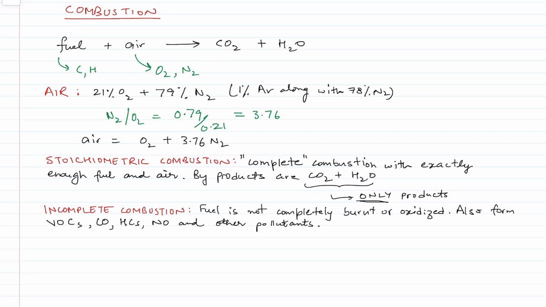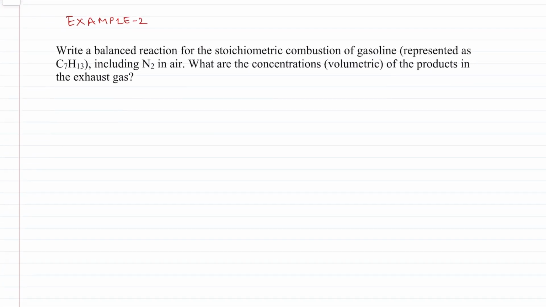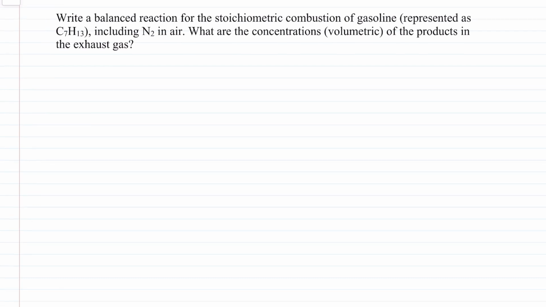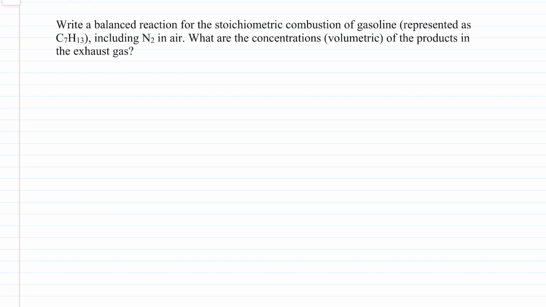Okay, so now let's look at an example. This is, I think, example 2 in your sheet. Here you have to write a balanced reaction for the stoichiometric combustion of gasoline, which is represented as C7H13, including nitrogen in air. And then what are the concentrations of the products in the exhaust gas? So if we solve this,